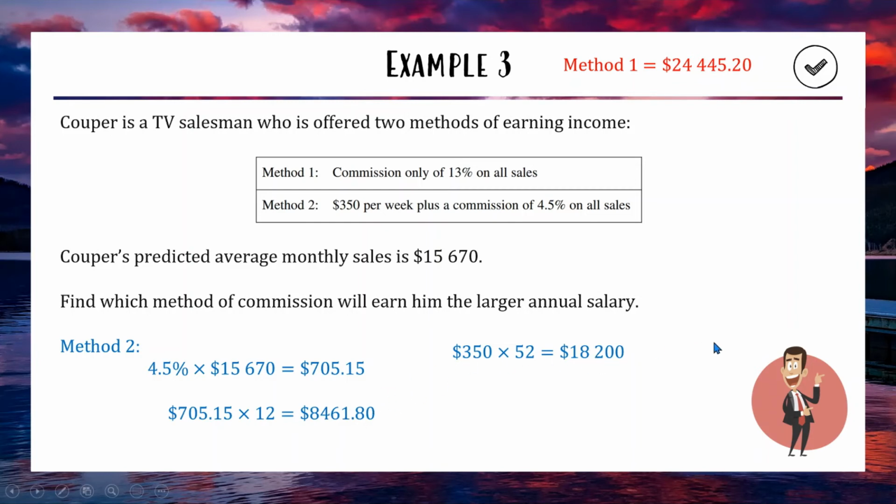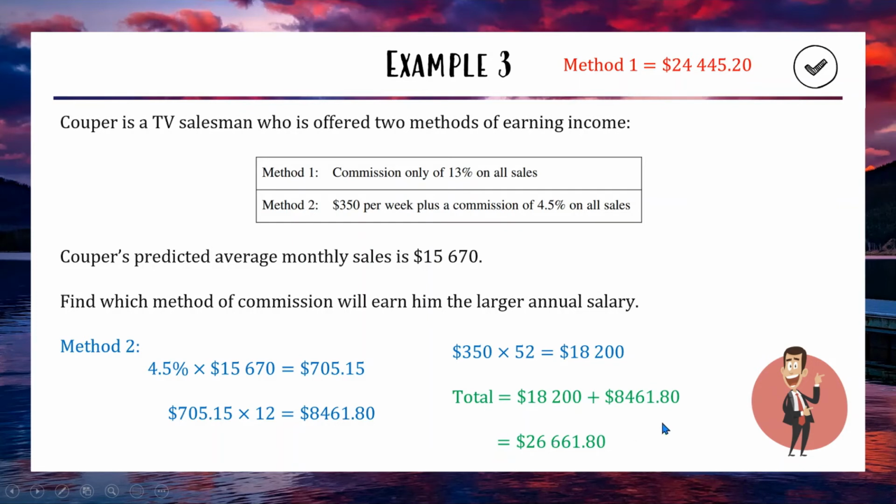So we're just going to combine them to get our total salary for method 2. So $18,200 plus $8,461.80 gets us a final answer of $26,661.80, which, comparing to method 1, is a higher figure, so he's making more money, so it's a much better